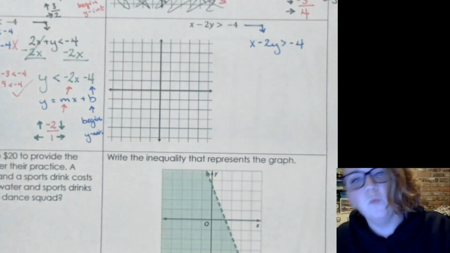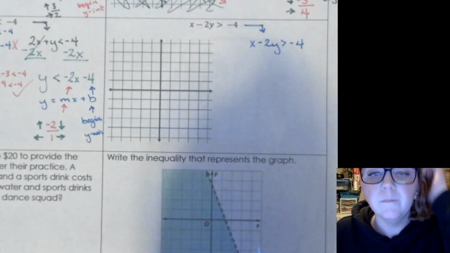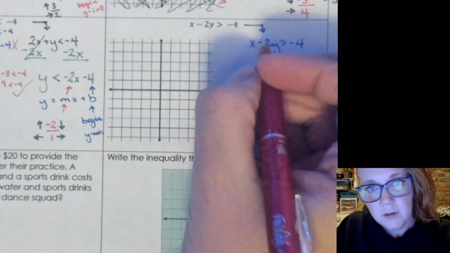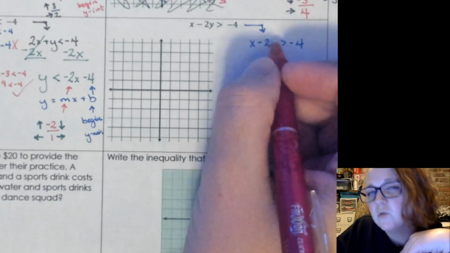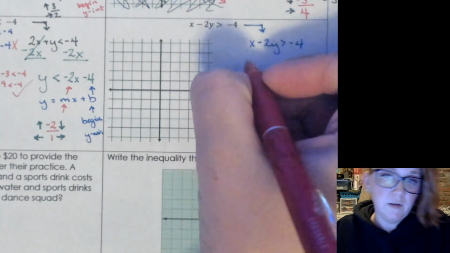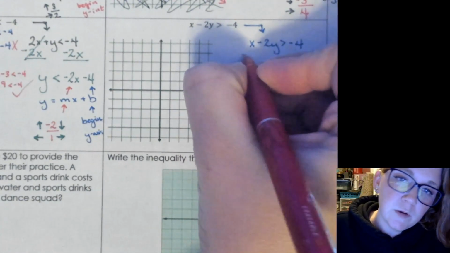So step 1, okay? So solving this, we have an x right there, but we got to get rid of it. Because remember, we're trying to get the y all by itself on the left side. So instead of a positive x, we're going to put a